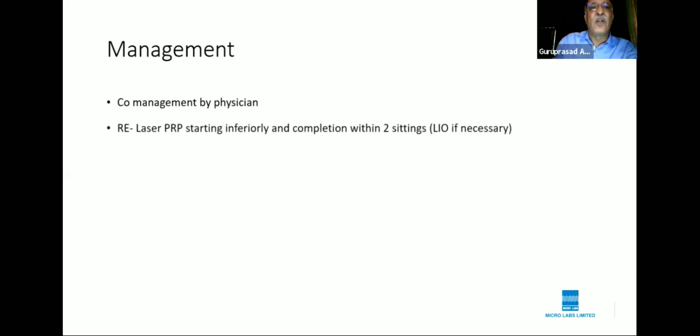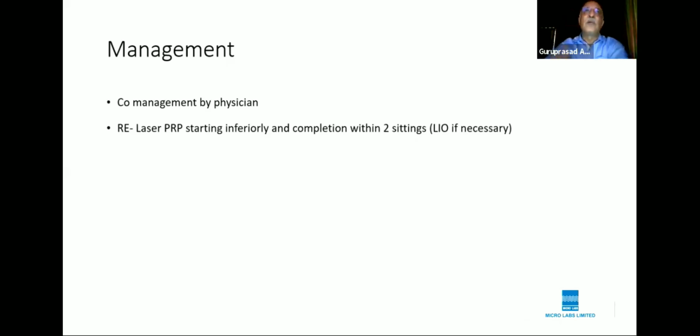So always start with saying, co-manage the patient, send him to a physician or a nephrologist for the comorbidities that the patient may be having, and get this patient evaluated systemically. So all the systemic factors have to be looked at. That doesn't mean that the patient can go away and come back only after a month for the ocular treatment. So that is why I say co-manage, meaning patient can be seen simultaneously by both the ophthalmologist and physician and treated by the respective departments.